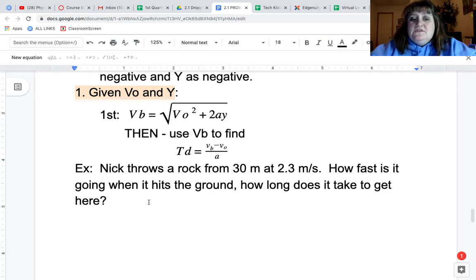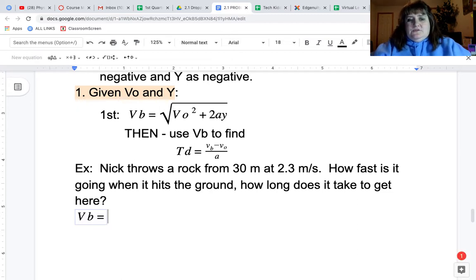So, here's our example. Nick throws a rock from 30 meters, that's the height, at 2.3 meters per second. How fast is it going when it hits the ground, and how long does it take to get there? So, step 1, new equation,